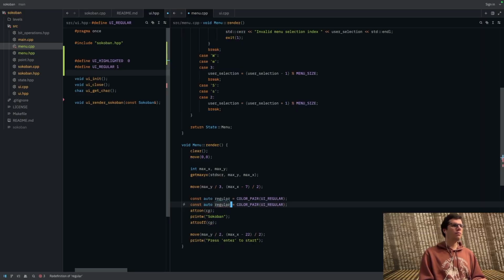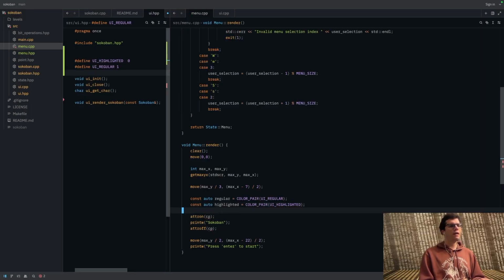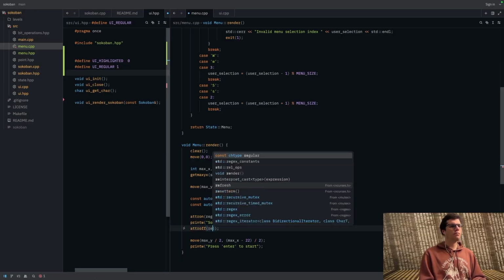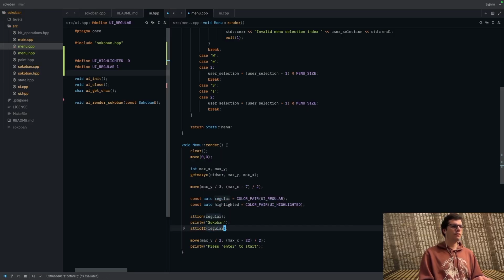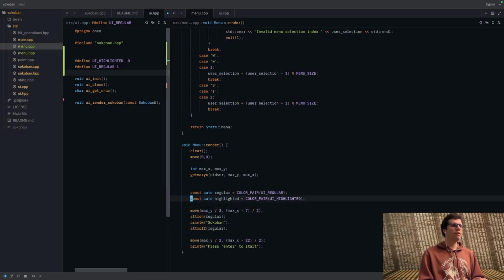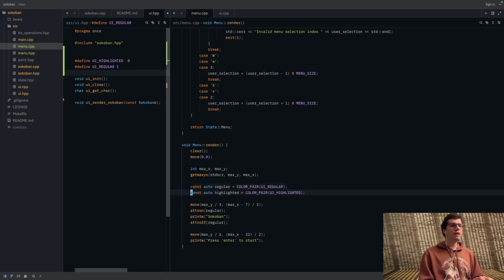And then I can also make highlighted, or not get, but get is the better word for there. I can do that, right? And for the title, I'm just going to make it regular. Regular. Okay. So now what we're doing, right, is we're printing out the title, but we're not actually doing anything